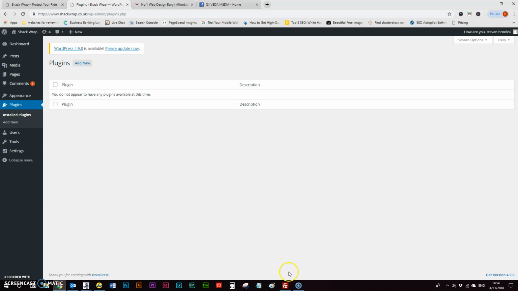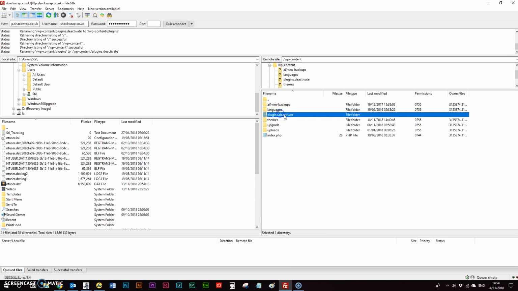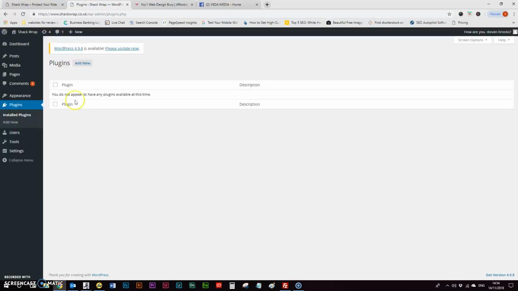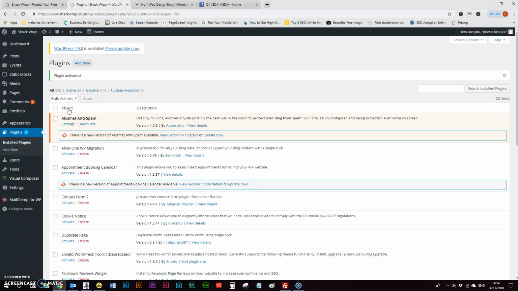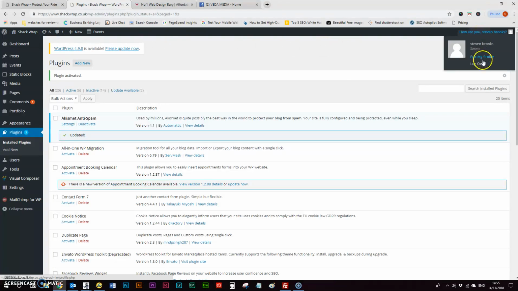So the way we do this is we go back into our FTP client, we take the deactivate function off the folder, refresh the plugins page, and now we can view all of our plugins. Now the easiest way to do this is just start from the top, activate the plugin, update the plugin, and it is quite tedious,